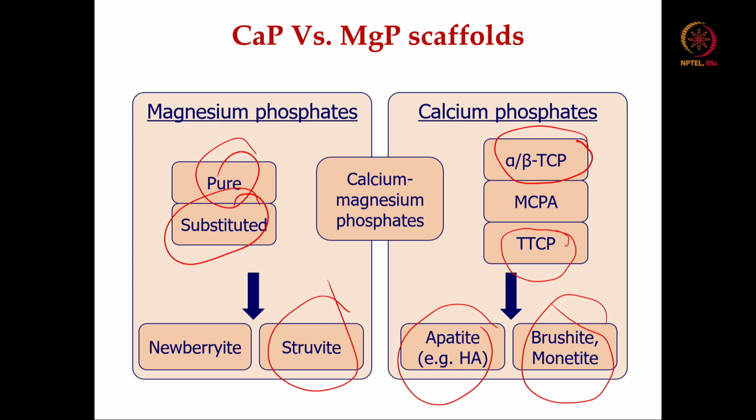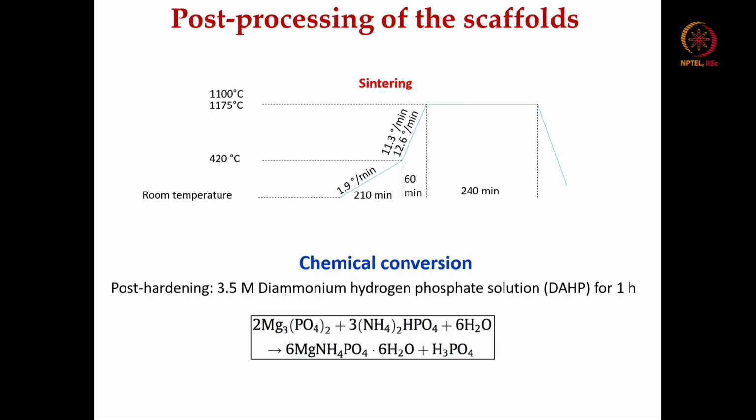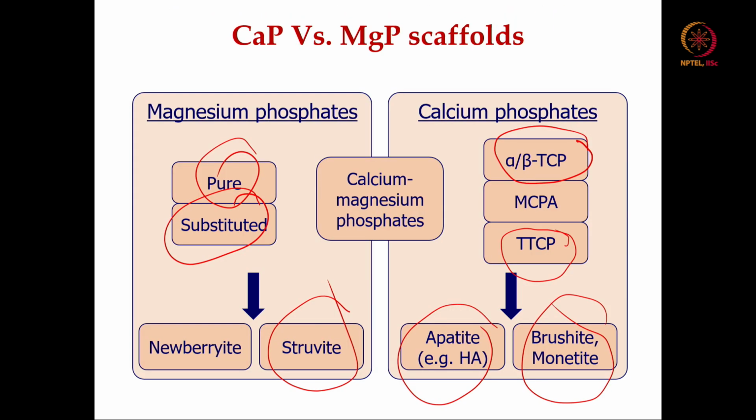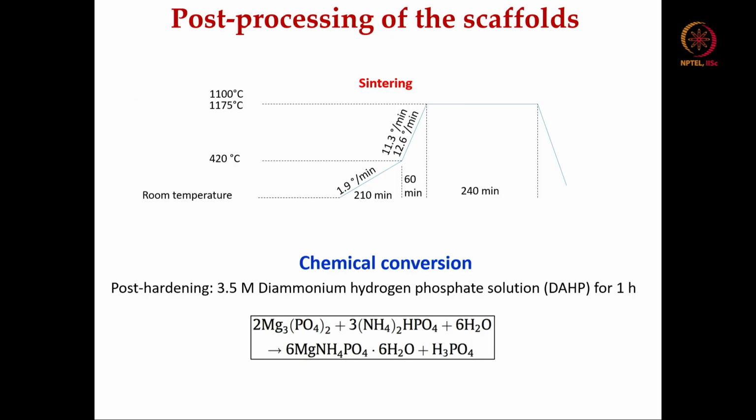One of the approaches that many of us believed at that time when we started this research was: why not calcium and magnesium phosphate together, and see how the mixed phosphates can be 3D printed and how their structure can be used. This was the first type of material that we used, but we also found out how to dope the strontium salt into it, so strontium doped magnesium phosphate is one of the materials that we have tried. Next is the post processing of the 3D binder jet printed scaffolds.